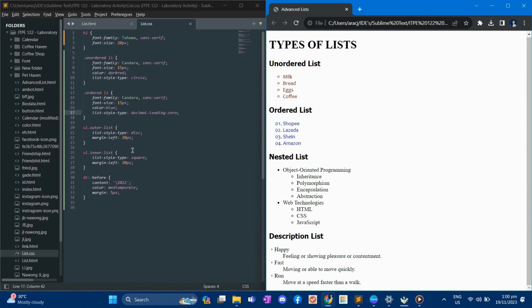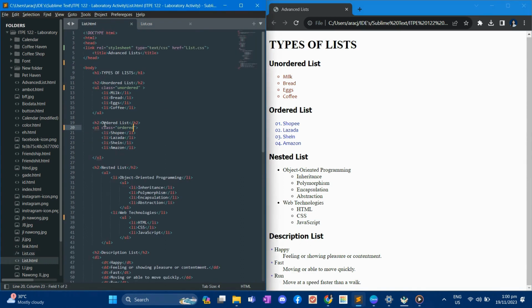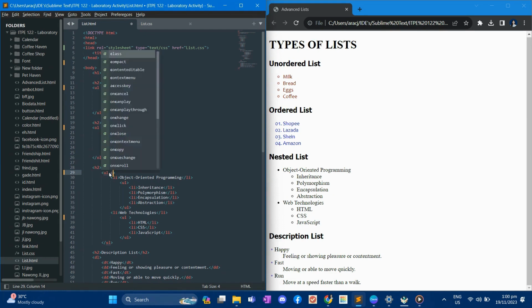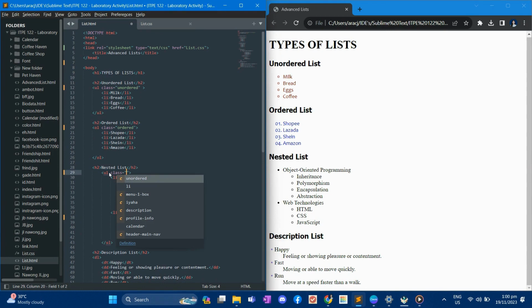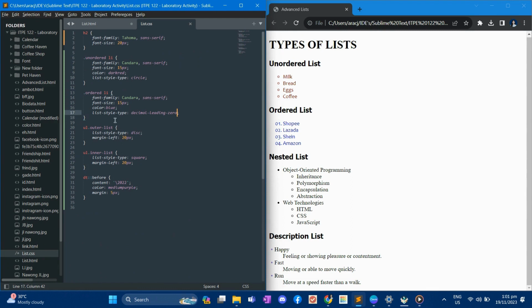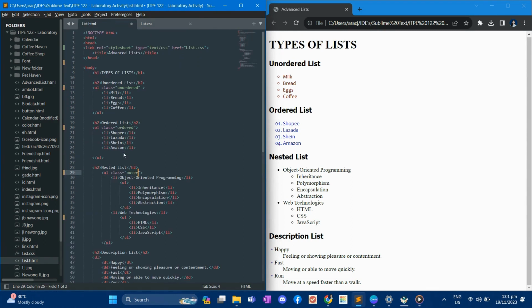Now, in nested list, we have a code here, outer list and inner list, para iba-iba yung style type ng bullet niya. Now, we have to also call its class. Lagay natin siya dito. Yung outer list, ilalagay natin sa first unsorted list, like class, and then outer,